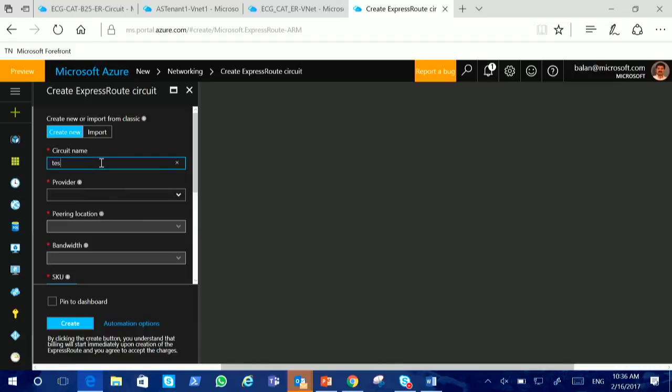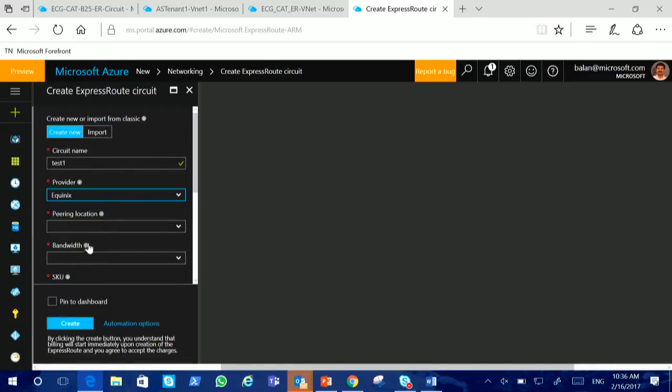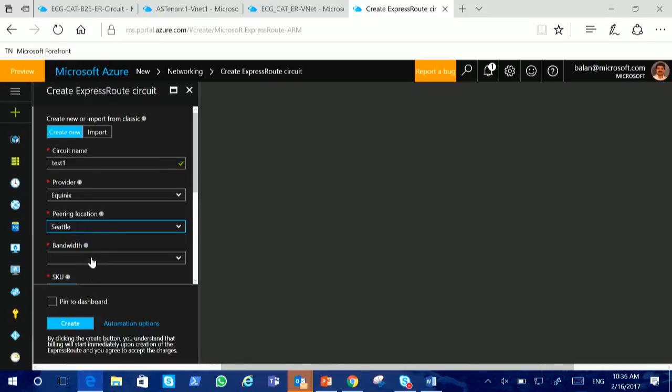Let's say test one, and then it gives you a drop-down option to select whoever is your provider, and what is the peering location that you want to connect, for Equinix. And I'm from Redmond, so I'm going to choose Seattle. And what is the bandwidth that I want, and what is the SKU that I want.